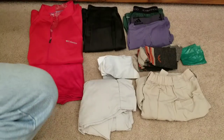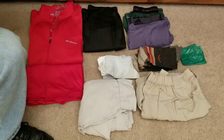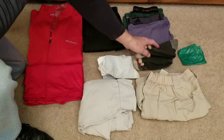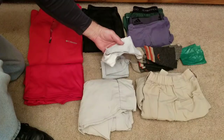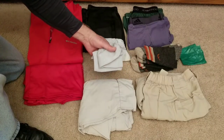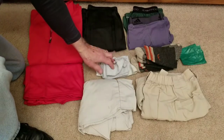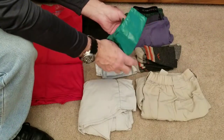Moving on to the hiking wear, I have two pair of boxer briefs, one by Adidas, one by Ex Officio, two pair of darn tough socks, pair of sock liners, one with the normal toe and one by Injinji, which has the individual toes sewn in. And this little green bag,